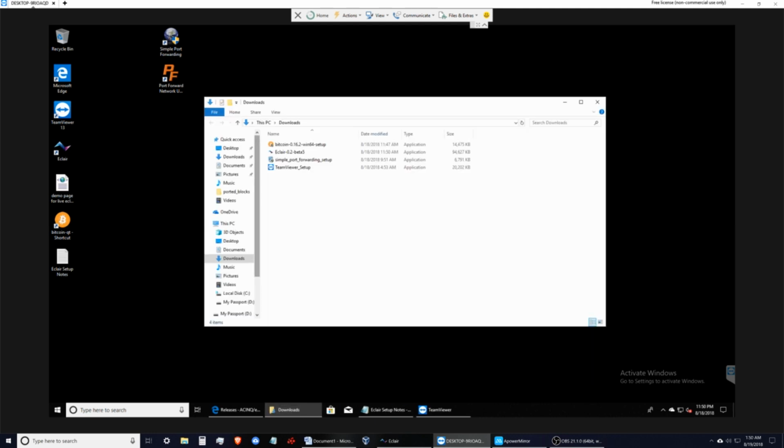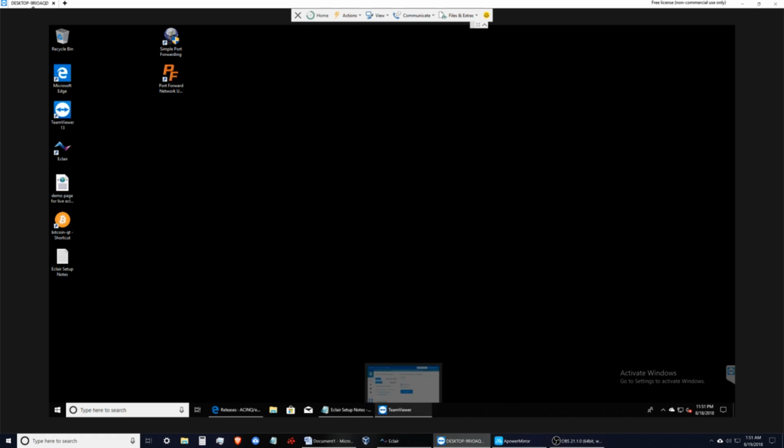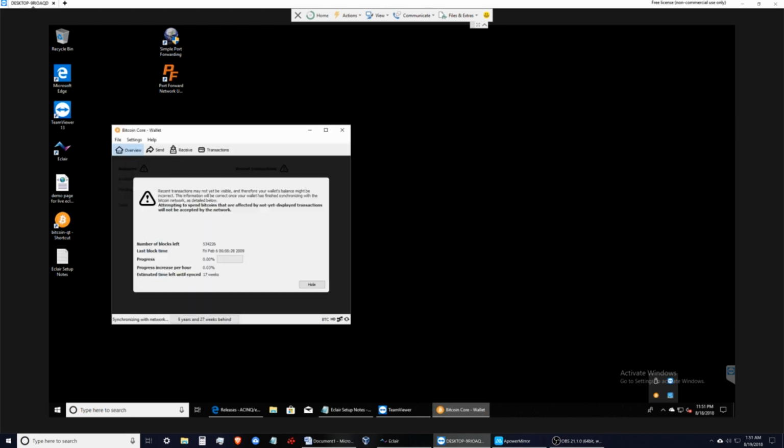If you go to your downloads, you double click on Eclair, there's going to be a screen that says, do you want to install Eclair? Press next and it installs. Then you'll see a screen that says could not connect to Bitcoin node because we're still updating the node and downloading it, and you can just close it out for now. They'll leave a link up on your screen for the Eclair node and everything. Okay, while this is updating,